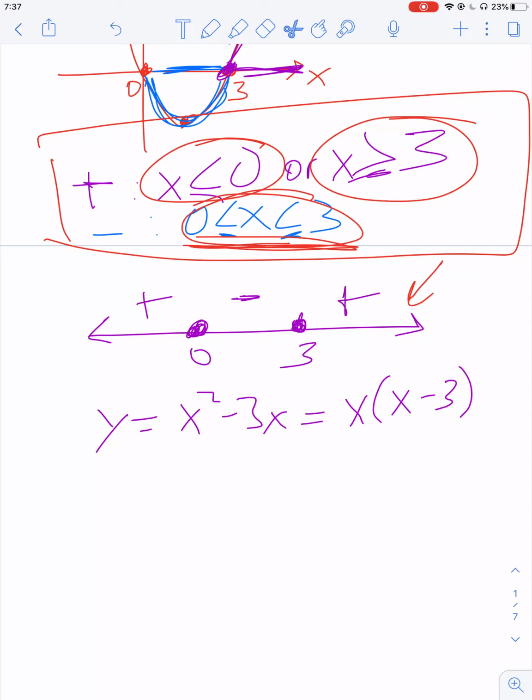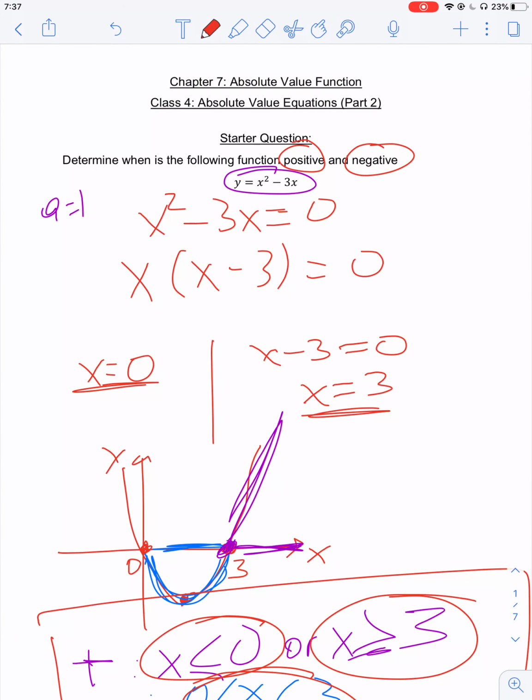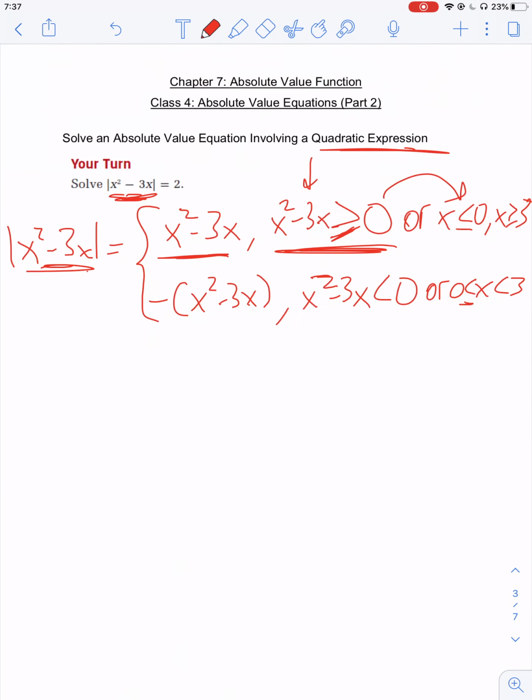So what do I mean by that? I'm not putting the equal sign underneath over here in either case. Why? Because this is strictly less than 0, okay? And that's how the definition of the absolute value works. So now, if there was an equal sign over here, then I would have added the equal sign here and here, because then it means that it's negative, but it could also be 0, right? But when it comes to absolute value, remember, only the top guy has this equality. The bottom,